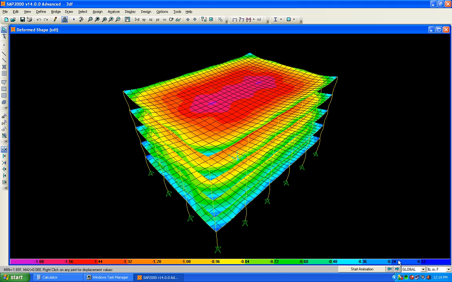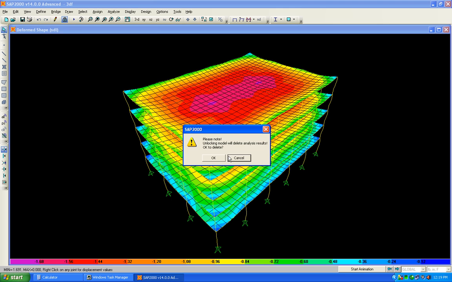Okay, record. Now I need the deflection less than an inch, or at least equal to 1 inch, not more than an inch. So I have to change the thickness of the slab. So unlock the model,